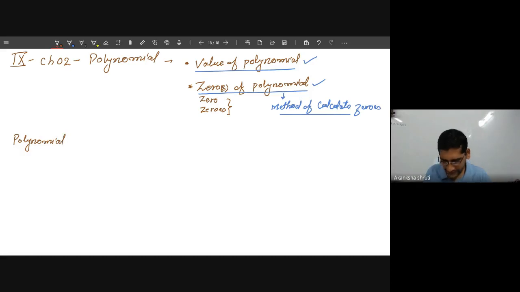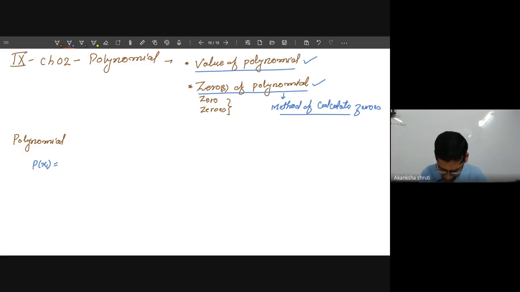So, students, a polynomial in general form is defined as p(x), meaning it gives the relation or some kind of mathematical statement between numbers, variables, and their signs, like plus or minus, multiplication, meaning the operators. A mathematical expression is said to be a polynomial if and only if the coefficients and constant term are real and the power of the variable is a whole number. These two are the conditions.